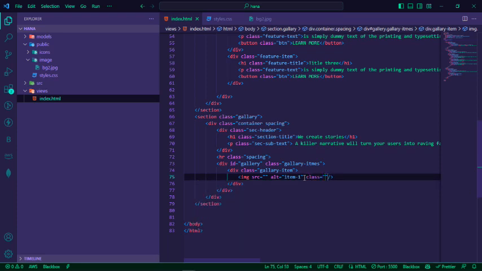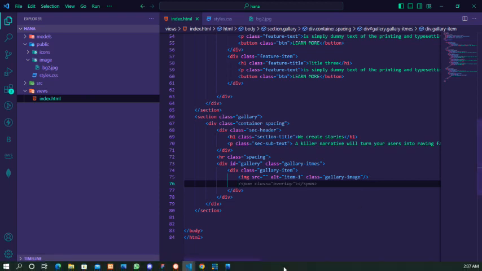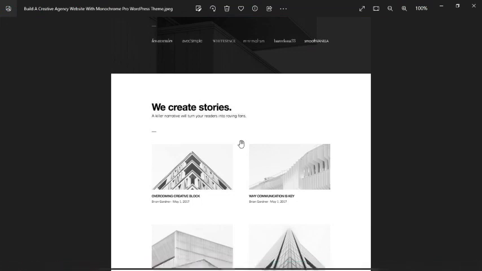Now, I told you guys before that I like to use class. You can also use ID. You can use ID to style whatever you want to style, but for me, I just like using class. So we have our gallery image now. So underneath the image, we are going to have something like, let's go back to the UI again and then see. We have a text, we have a H1 text, and then we have